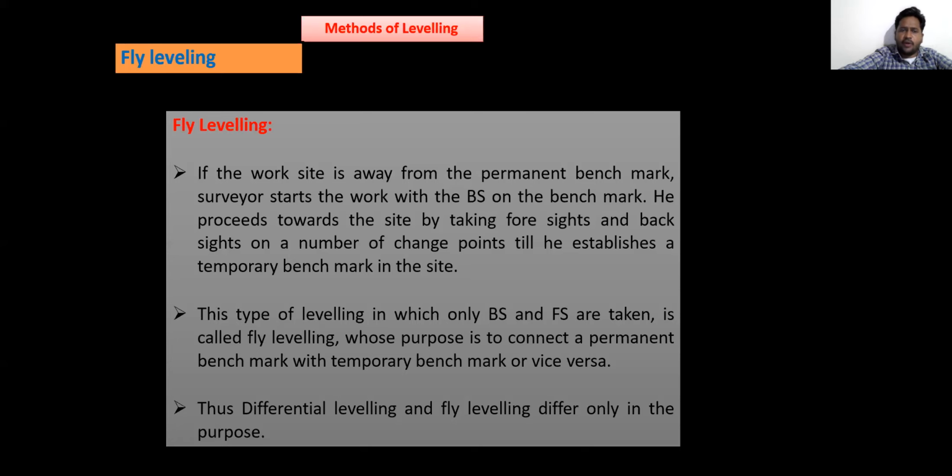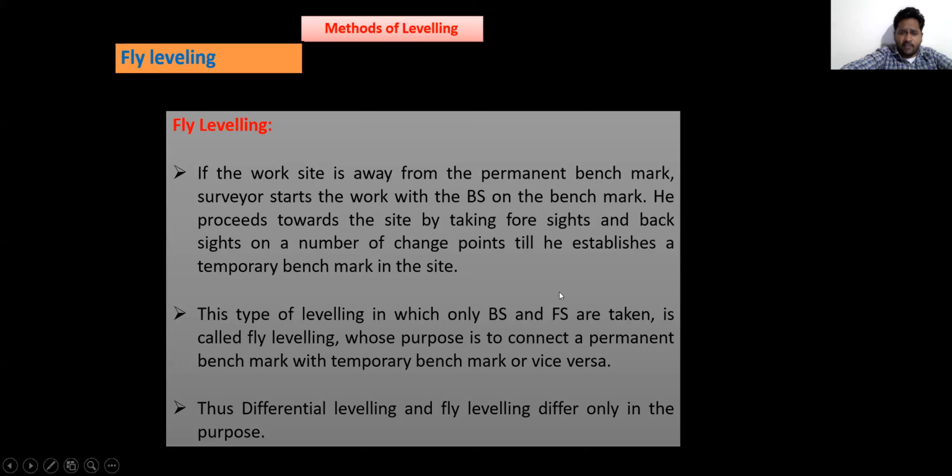So whenever you are doing this fly leveling survey, he can change the number of points till he gets the temporary benchmark at the site. After marking the temporary benchmark on the site, with reference to the temporary benchmark, we will do the survey.